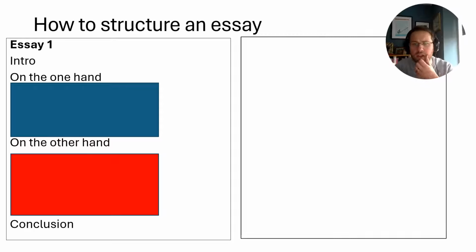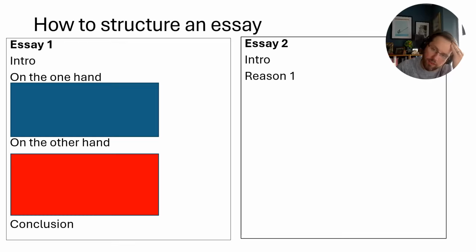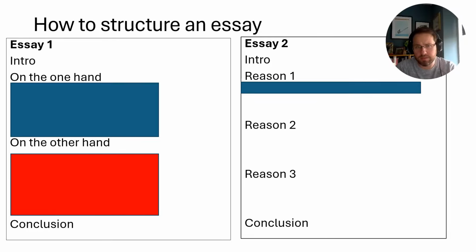So the way I would advise structuring it is, let's say you're in favour of position blue, for example. There's probably multiple reasons why you're in favour of position blue. And what you can do is structure your essay around these different arguments in favour of blue. So again, you have your introduction setting out your argument, but you will have reason one why you're in favour of blue, and you set out what reason one is.